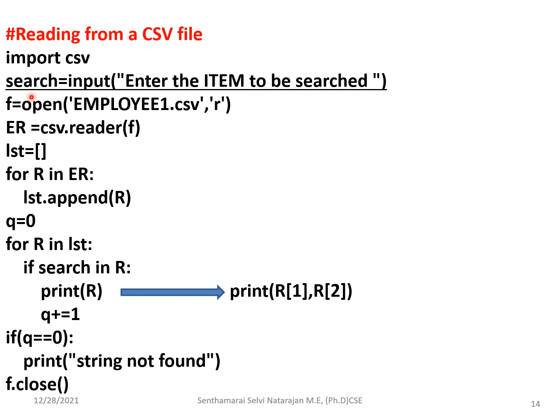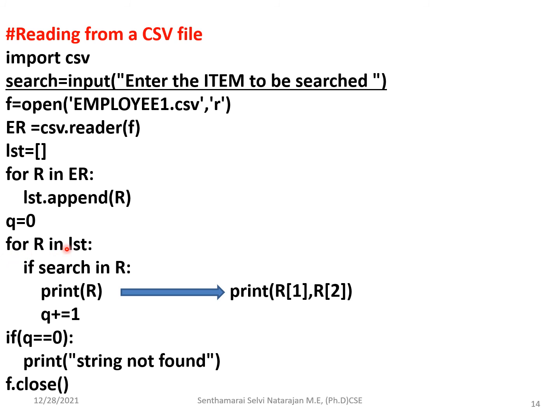So make a variable search where you can enter the item to be searched, and then open and assign that object. I said that there should be an empty list, then only you can go for checking the records in the reader. So an empty list is created, and for every row in the reader you append those values to the record, that is r, and starting from the first position. So initially q is equal to 0, so you are going to search, that is how many records you are going to find is to be added with the variable.